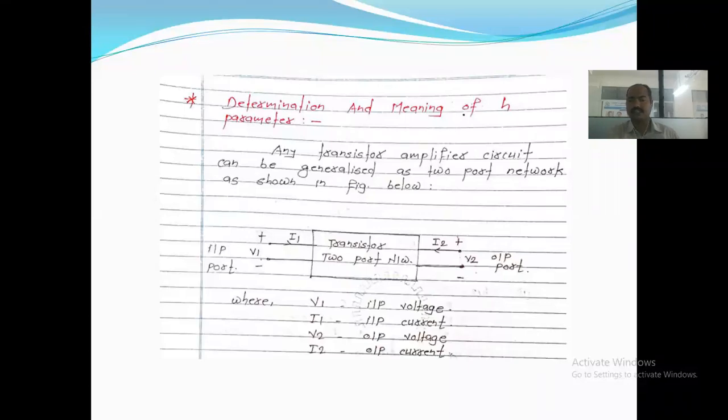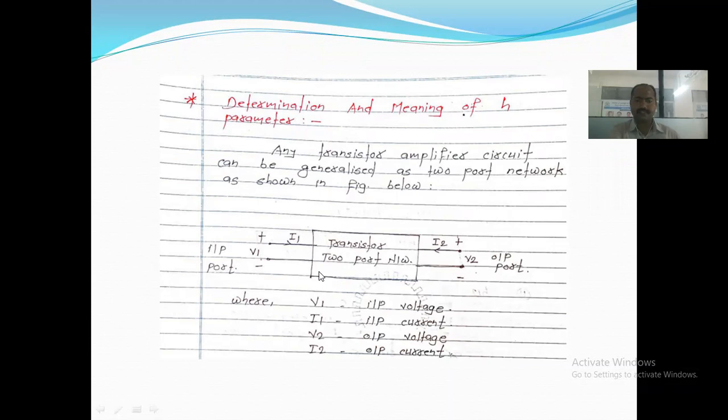Whatever the output coming with respect to your transistor that are not the same, meaning sometimes it is a voltage, sometimes it is a current, sometimes it is a voltage V by I, so it is nothing but a resistance, sometimes it is an admittance, that are different. That's why this is nothing but a hybrid parameter of your transistor. Hybrid indicates different signs for different characteristics, either your input side has a different thing, output side has a different thing.